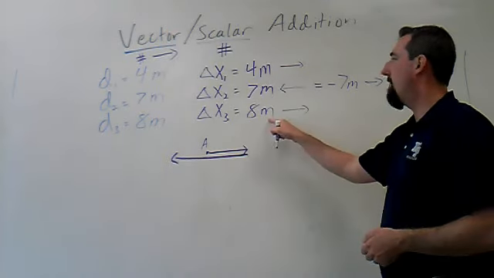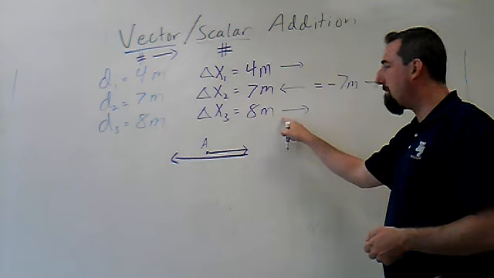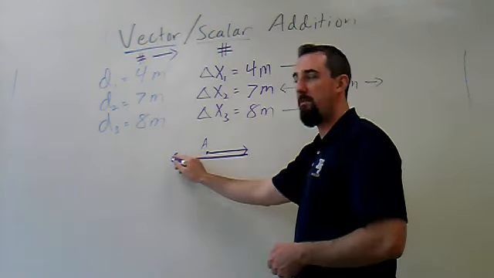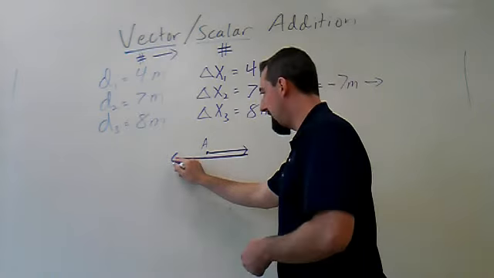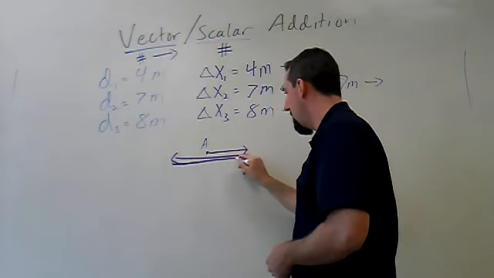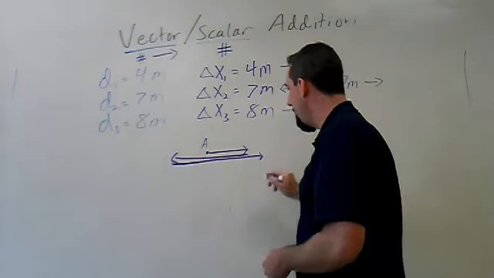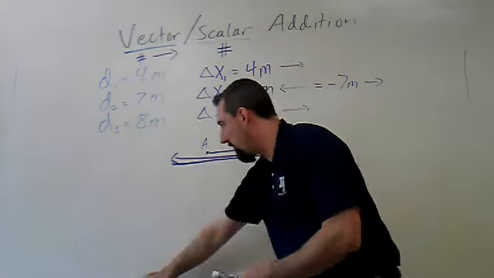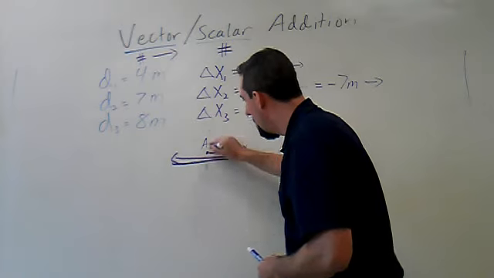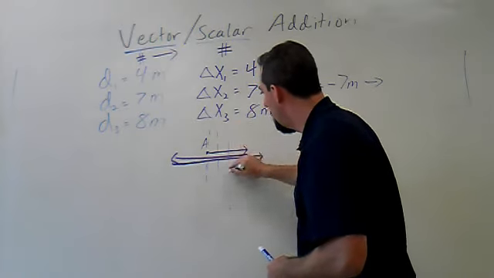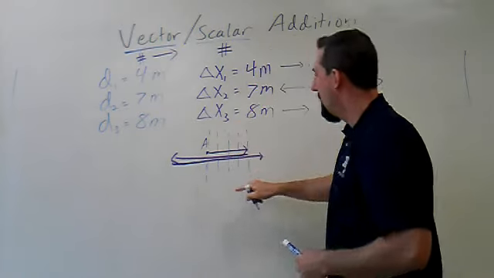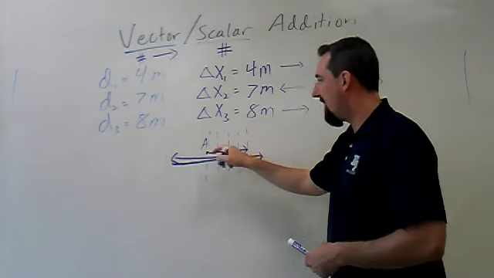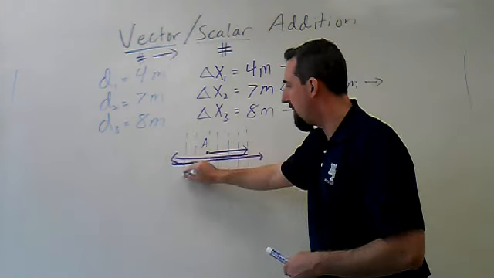Well, now we have this last vector, 8 meters, going east again. I'm going to start with the tip of the last arrow I drew. My tail will begin there, and I'll go 8 meters the other way. Now, if we had a big grid on this paper or on this wall, 1, 2, 3, we know we originally went 4 meters over, and then we went -7, so this should really be at